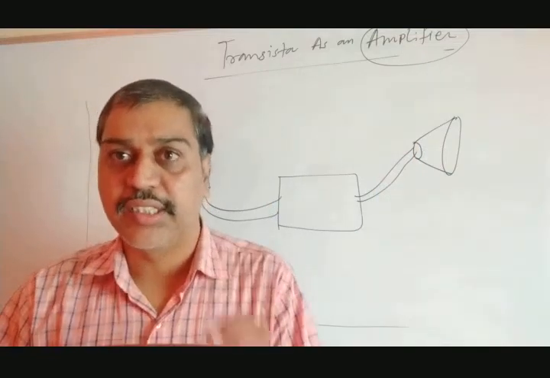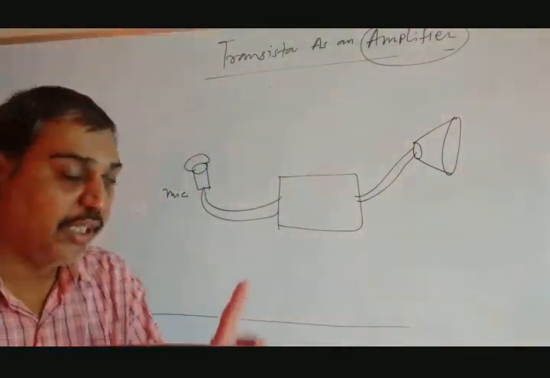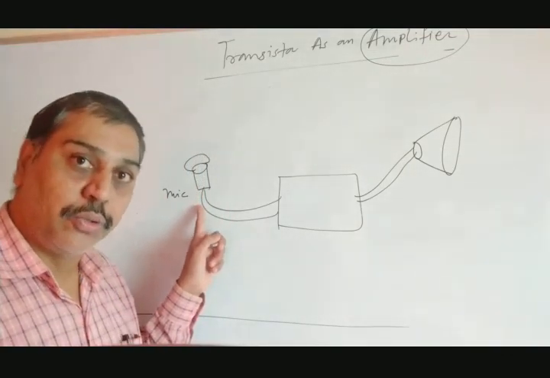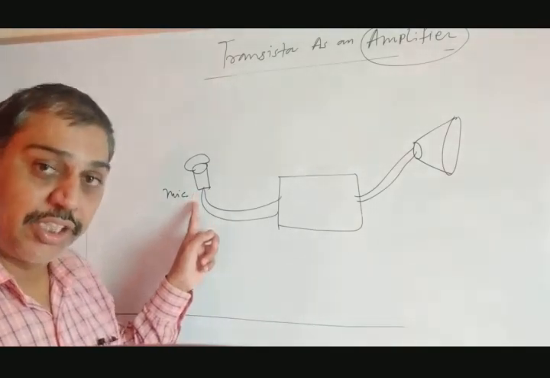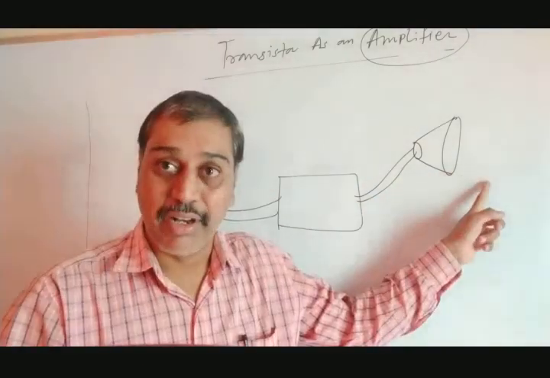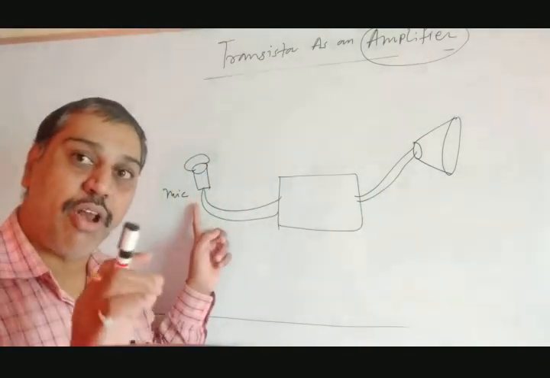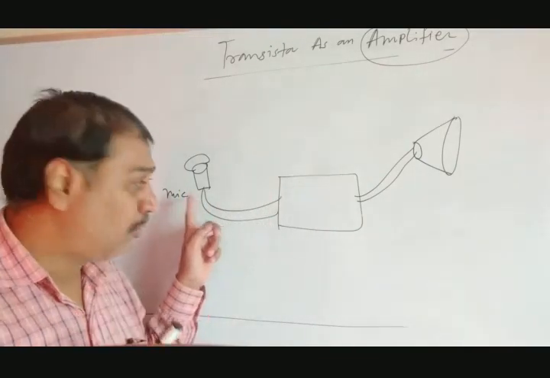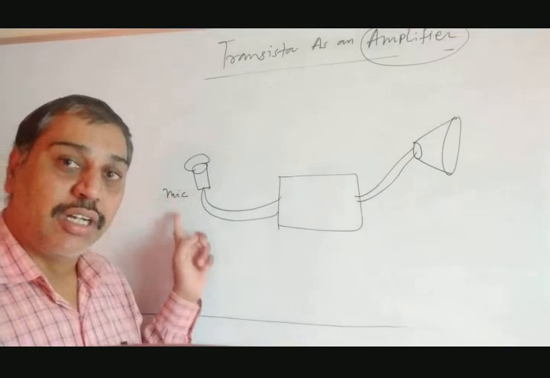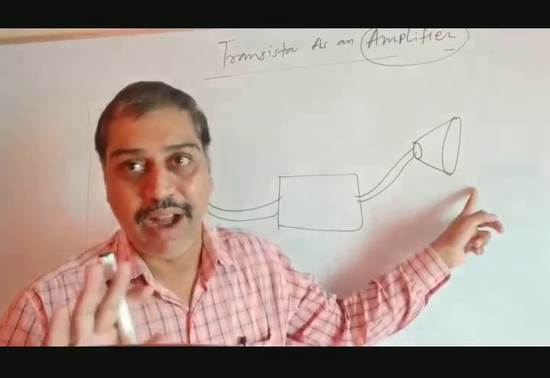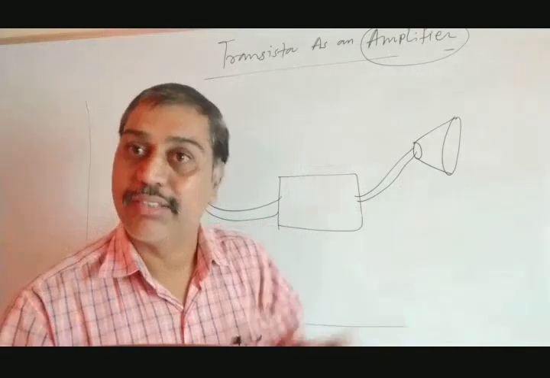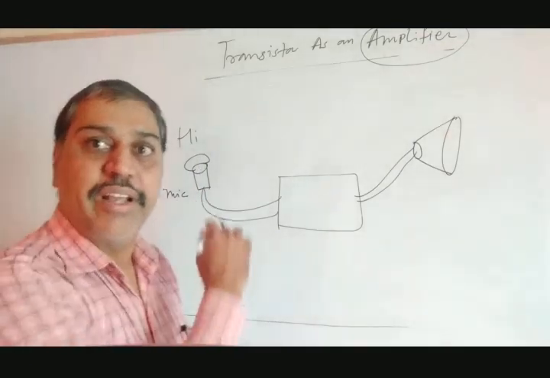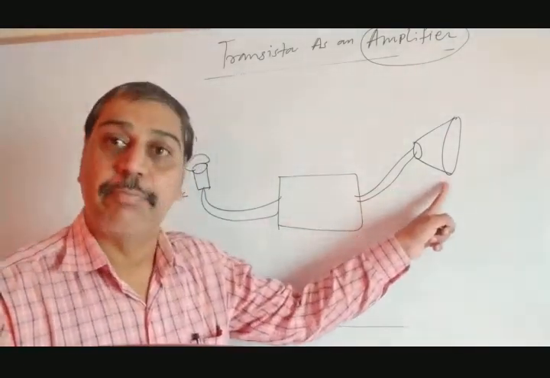Whatever instruction is given to students by that teacher in this mic, the same instruction you can hear loudly here. Here the teacher will speak in a small voice, or we can say the amplitude of speaking is small. So what will occur? The small voice of the teacher is converted into a large voice. But while doing this, the word remains the same. Suppose someone speaks here high. The word here in this speaker is also high.